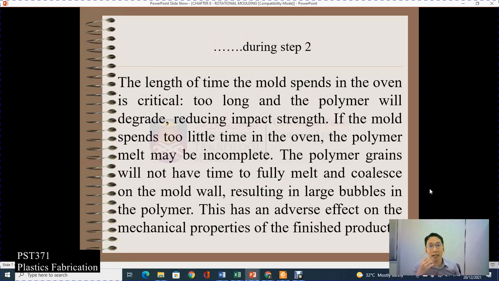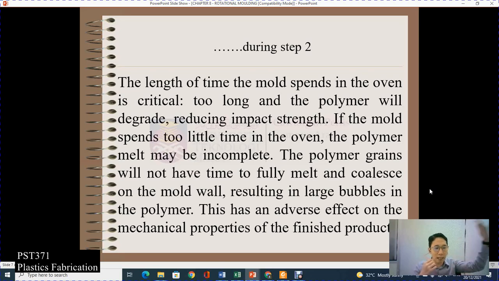cooling. Before that, the length of time a mold spends in the oven is critical. Okay, this needs precaution. This is a very important parameter that needs to be taken into account to produce a good rotational molded product. Too long and the polymer will degrade, reducing the impact strength. If the mold spends too little time in the oven, the polymer may be incomplete. The polymer grains will not have time to fully melt and coalesce on the mold wall, resulting in large bubbles of the polymer. Coalescence is